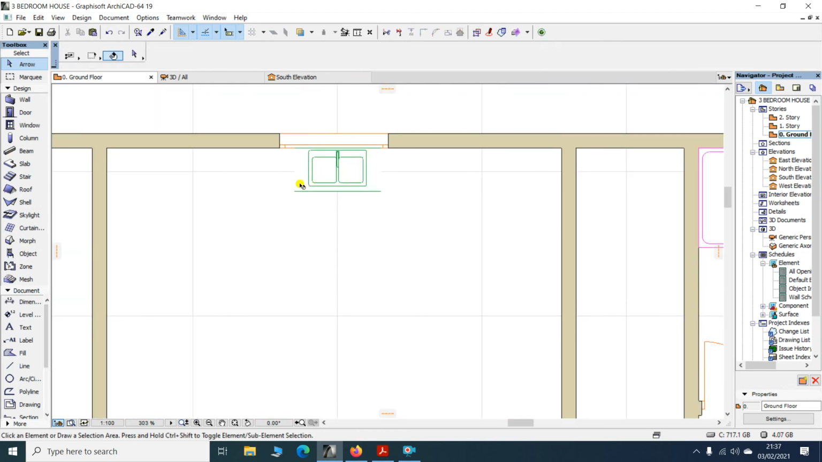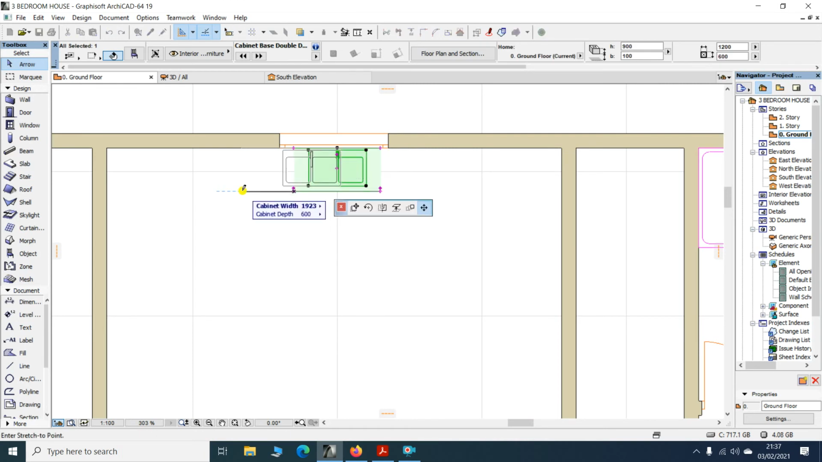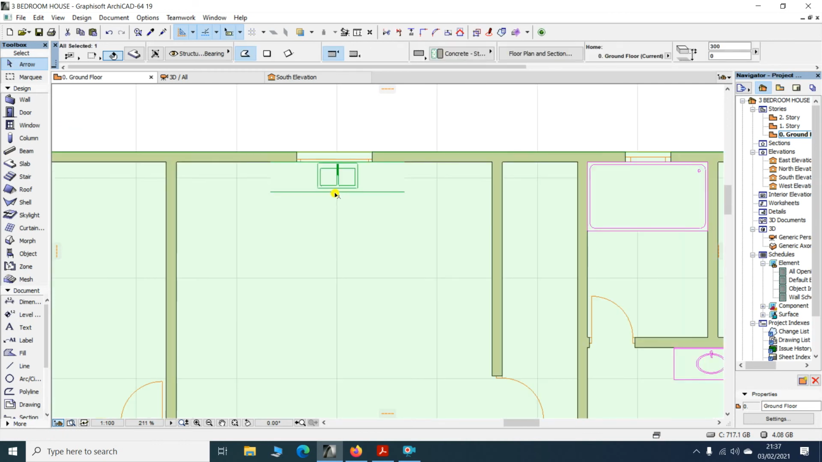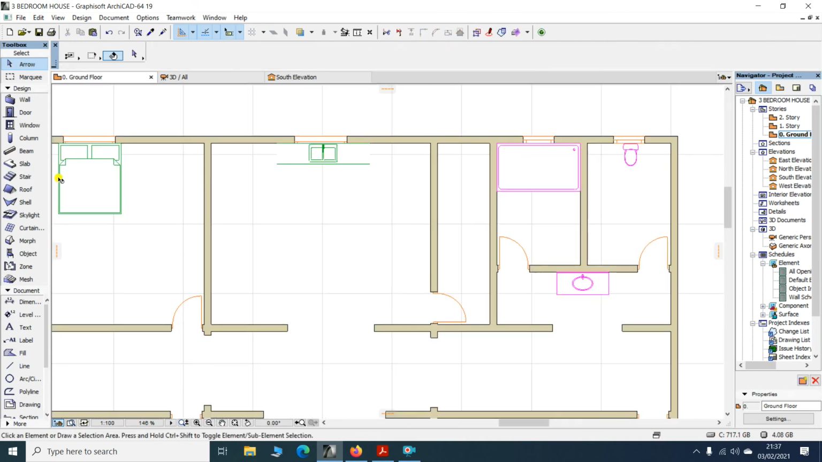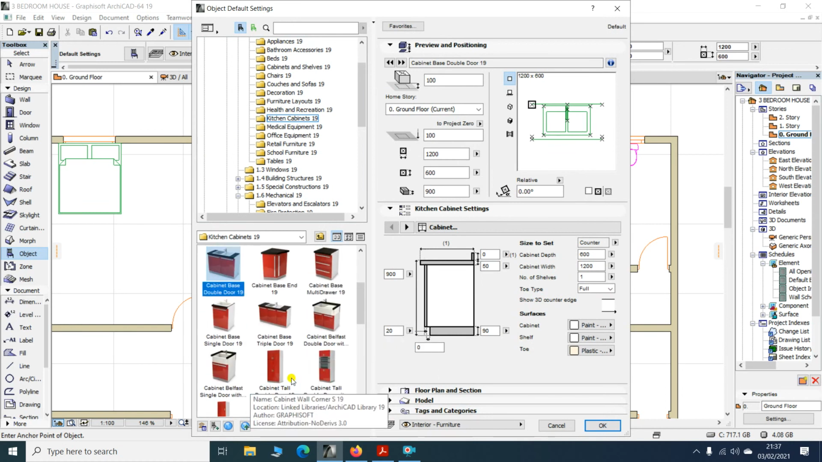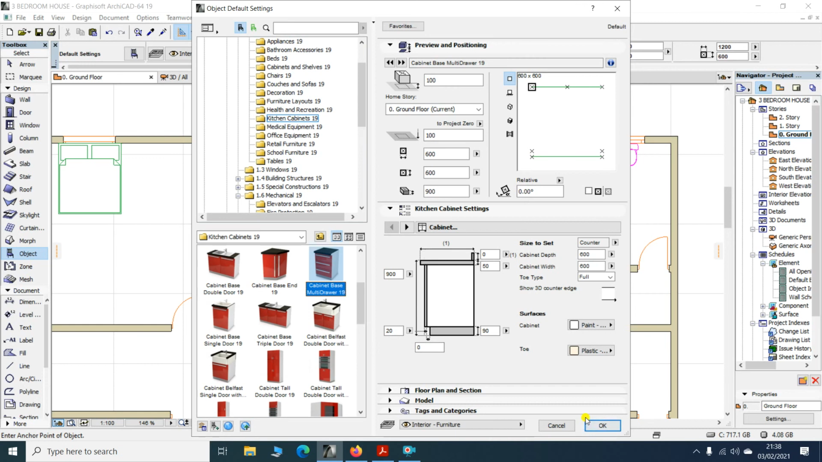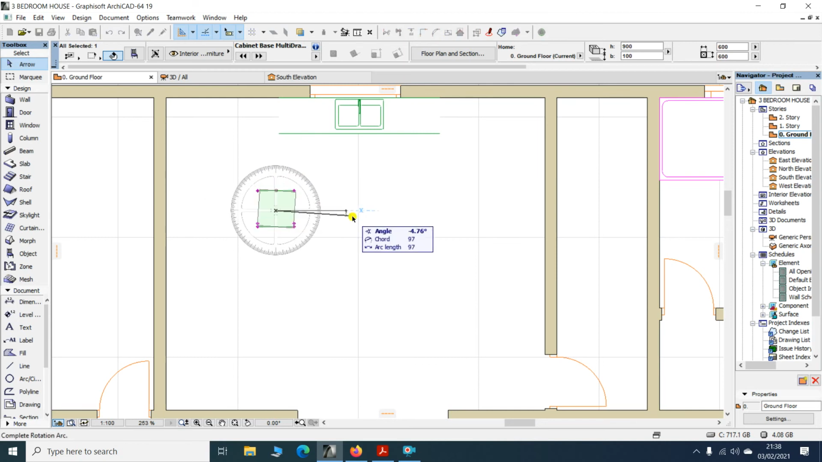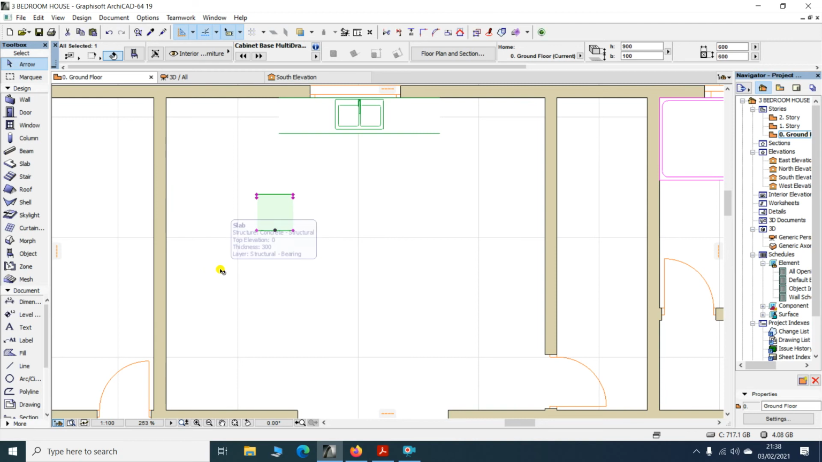So I can extend this one. I click here, then let's say I extend it up to there. And then you can come and place your kitchen cabinets over here. So you go to objects, I'll select this type, then click OK. Come and place, click on the arrow. So this one I'll have to rotate since the doors are this side. So I'll click Ctrl E, then rotate it by -180,